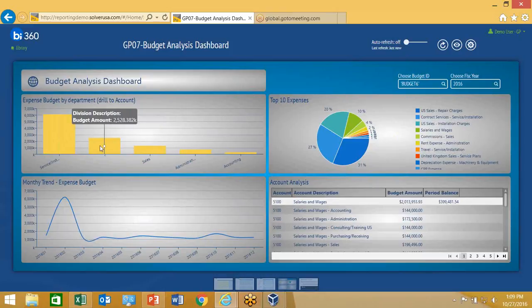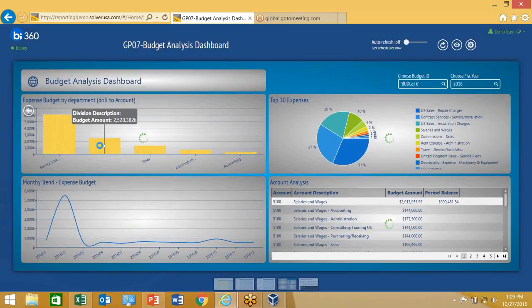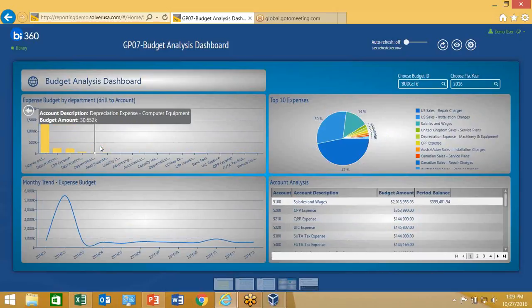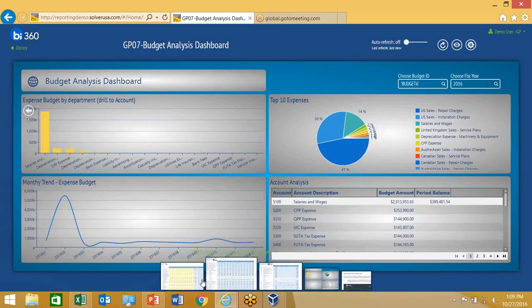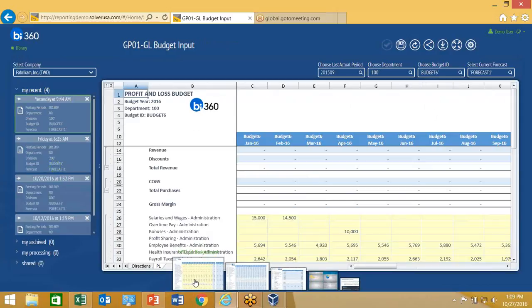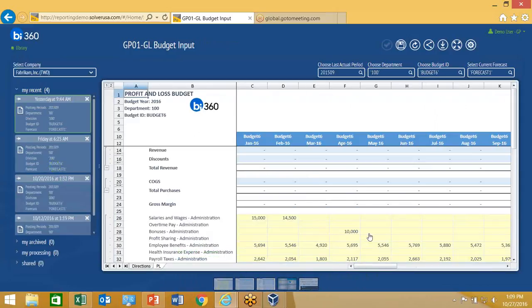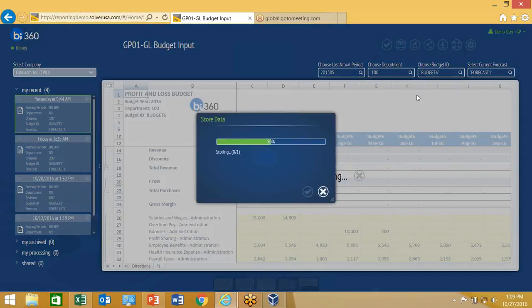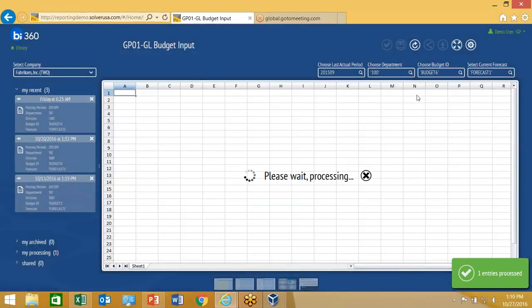This includes a drill down, so if I click here, it will drill down to the GL account level. Let me take a look at those. If I hover over, I get an amount. Again, kind of a trend over the whole year. And then last, this includes budgeting. This is our live ERP budgeting, it's called. But as simple as it sounds, it lets you type in numbers and save them. And in this case, it's saving it right to the ERP budget tables